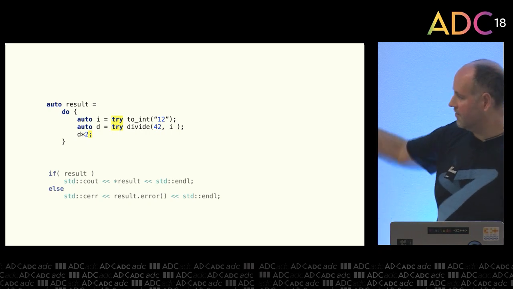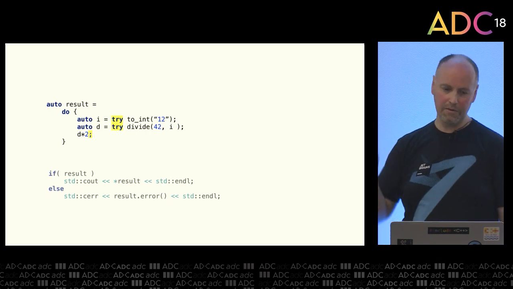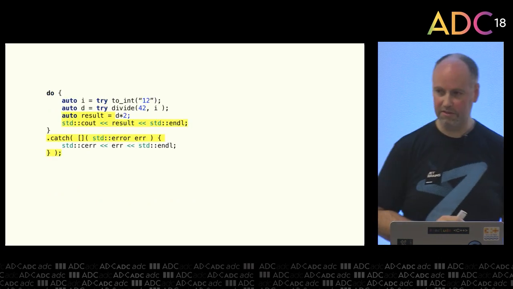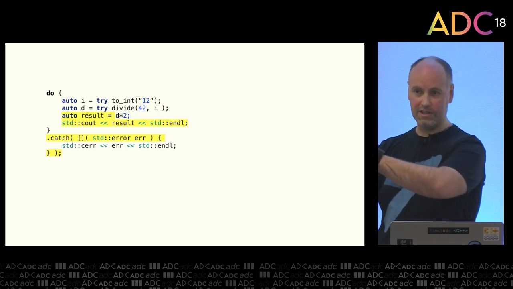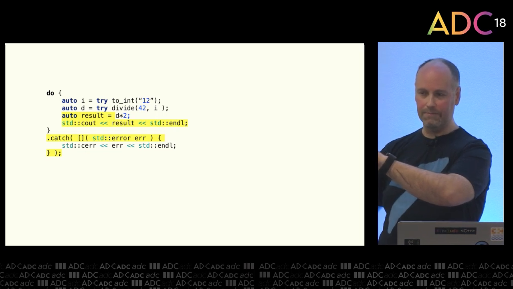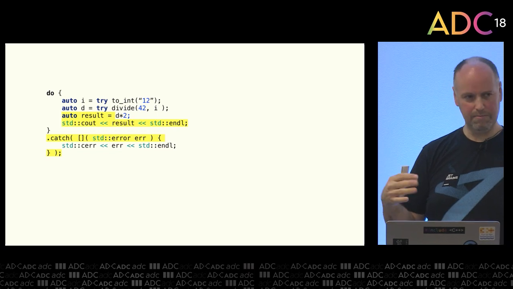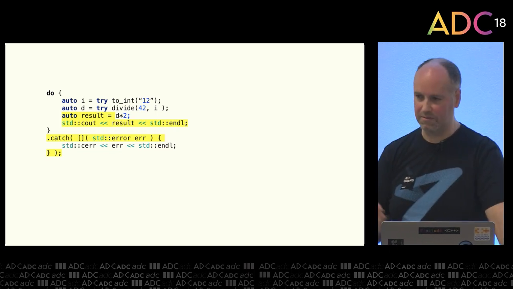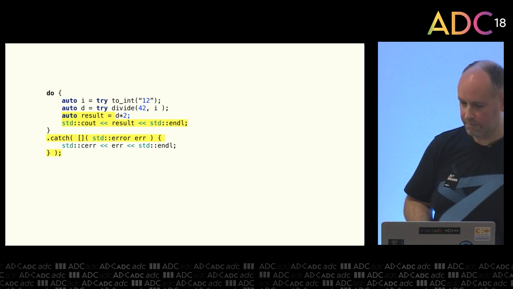Now I'm not too happy that there's a bit of the happy path still at the bottom, that final cout. Let's move that up into the do block as well. And at the same time, we'll add a function on the return type called catch that takes the lambda that will get called with the error value. So now we can handle it in a way that looks a bit more familiar if we're used to C++ exceptions. You can see how we're step by step mapping back to what we had before.